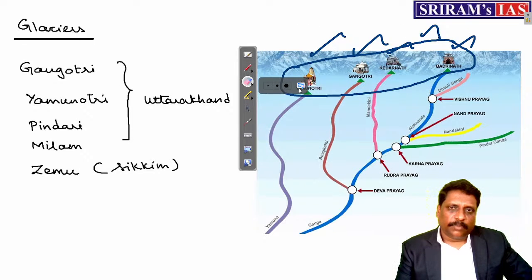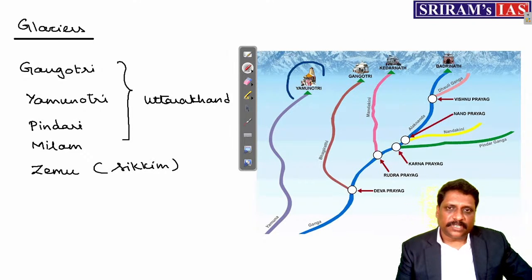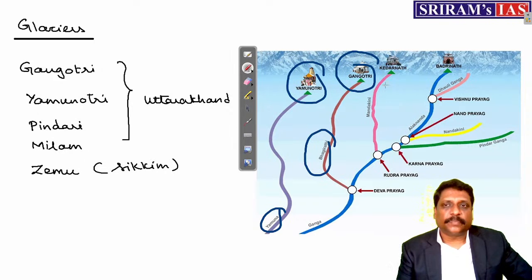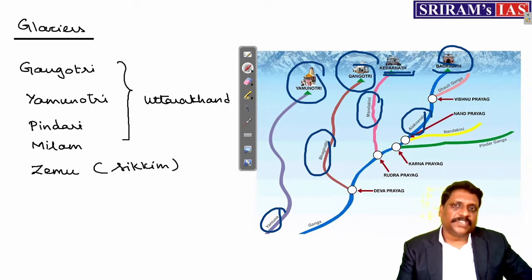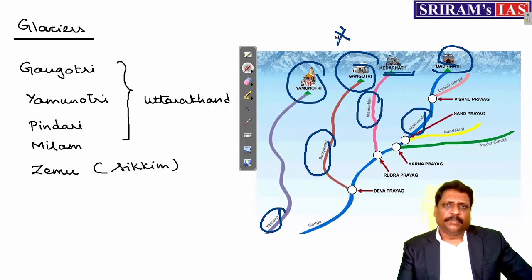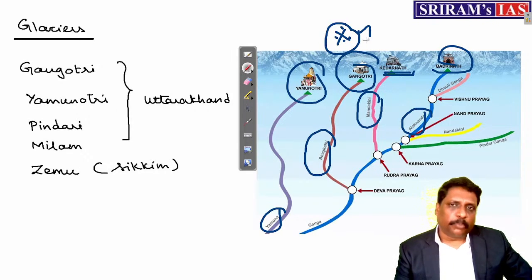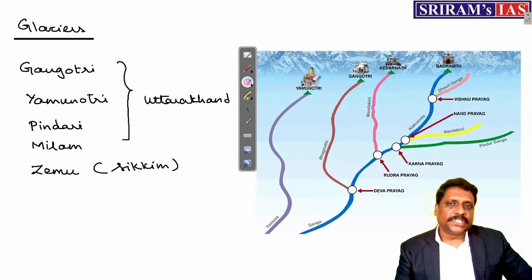Okay. Among them, two are glaciers. Yamunotri is a glacier from where river Yamuna originates from. Gangotri is a glacier from where river Bhagirathi originates from. Near Kedarnath also we do have a glaciers from where exactly river Mandakini originates from. And Badrinath is the place from where river Alaknanda originates from. If that is the case, I believe that this year this fact may be important. Okay, right. So some of the very important glaciers we have in Uttarakhand, plenty of glaciers we have.